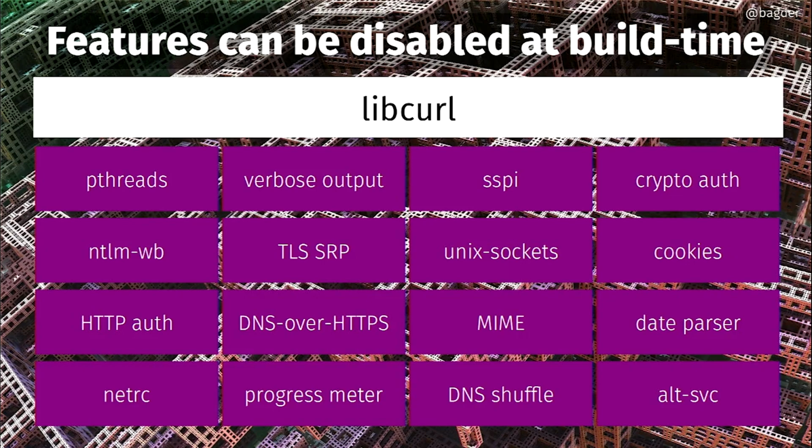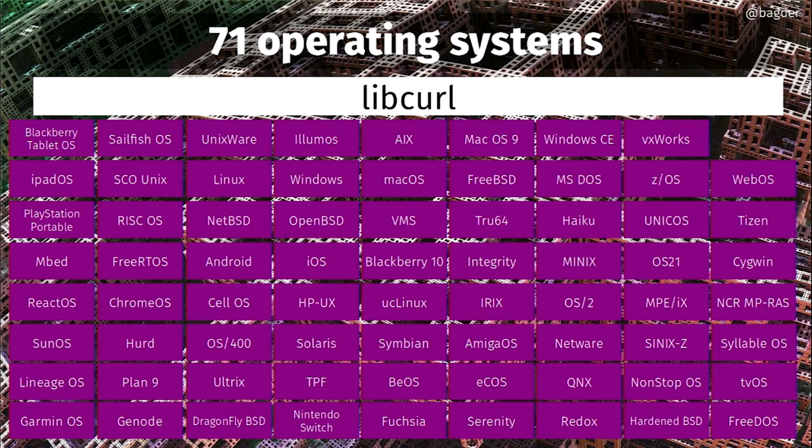And of course, over time, this is C, right? The most portable language that you can imagine. So over time, and thanks to efforts from people, you can run it on quite a number of operating systems. Again, most mortals can't mention 71 operating systems. I can't suddenly. I'm going for 72 because then I could fill out that square up there, but I haven't found the 72nd yet. So again, this is spiraling over time. The more popular curl gets, the more people are porting it to other operating systems, and it goes on like that. And this is the reason why they're using curl in all these devices, because they're using all these operating systems in their devices.